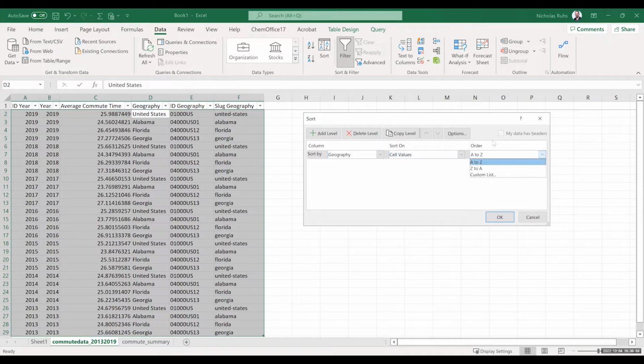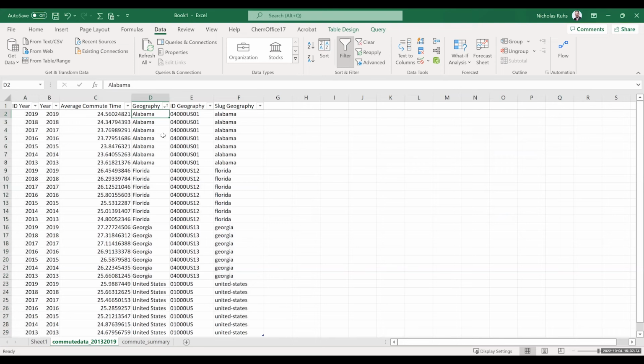Then you select after that how to order those. The default for our text values is alphabetical order or reverse alphabetical order. You can come up with a custom sorting list as well. For this example, we will choose A to Z. So it'll sort everything starting with an A at the top, then B, C, etc. So if we click OK,